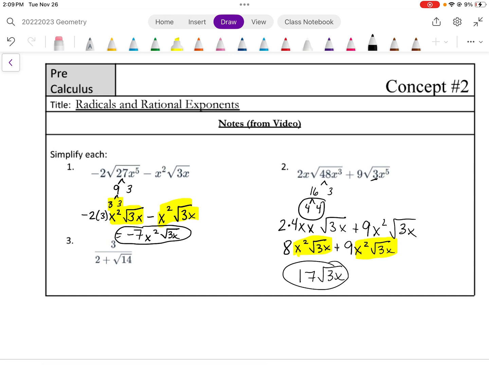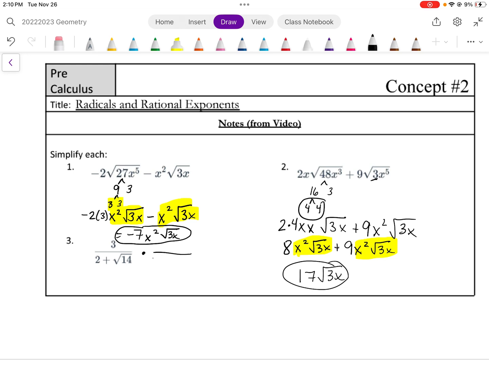I have 3 over 2 plus the square root of 14. Now, we have to rationalize this denominator. You cannot have a square root in the denominator. So, to get rid of this, I have to multiply by the conjugate. If you forgot what a conjugate is,